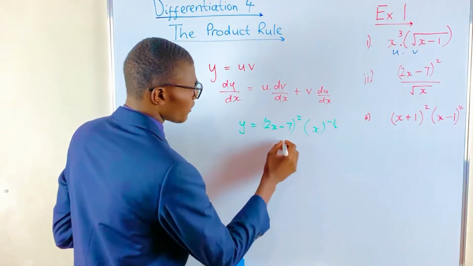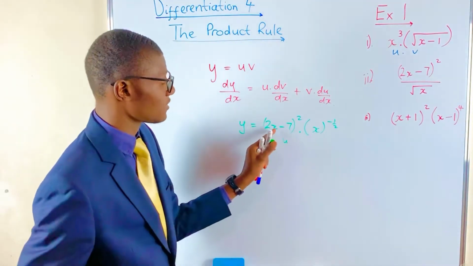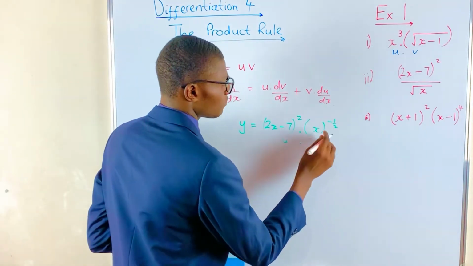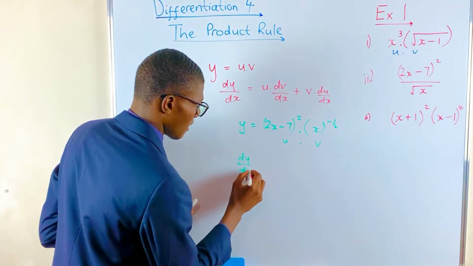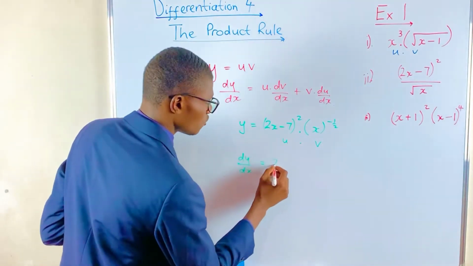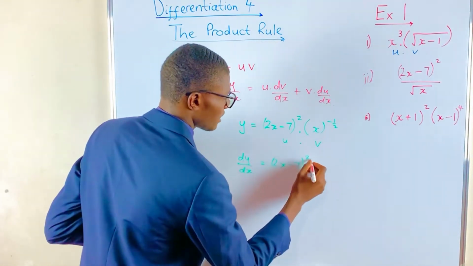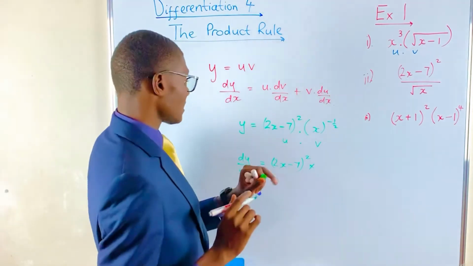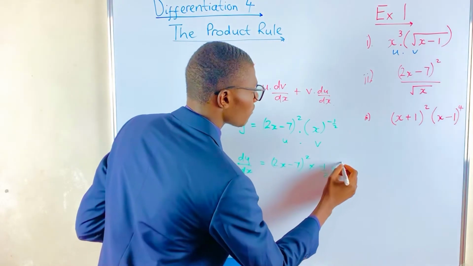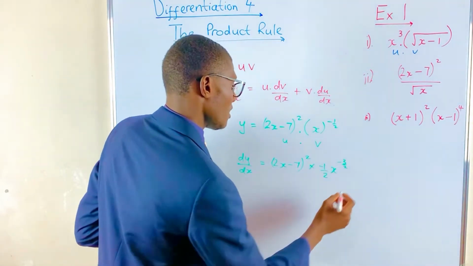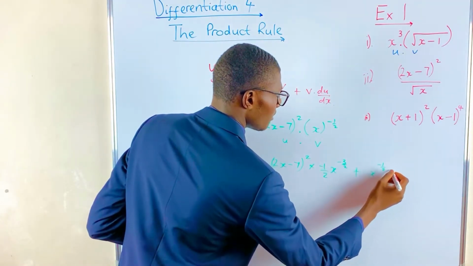So this being our u, this quadratic function of the linear function 2x minus 7, and then the v would be just x to the power of minus half. So dy by dx would be equal to u, which is (2x minus 7) squared, times dv by dx, dropping the power half, multiplying by x, then subtracting 1 from the power of half, we get minus 1 over 2. Then plus v, which is x to the power of minus half, times